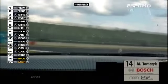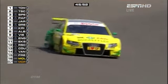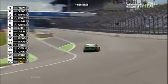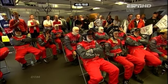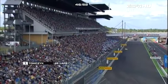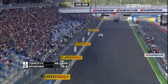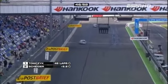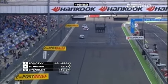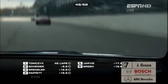Thank you very much. So, disappointed is the only word I'll say. I'd like to say more, and we got very much the impression that Mortara felt that he suffered some contact from Engel. Well, it looks now like Tomczyk then, as we're on lap 46 of 52, has everything very much under control